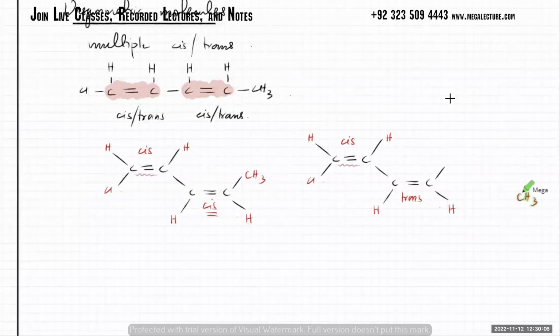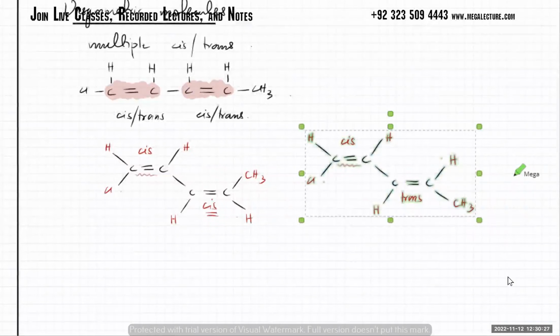In this molecule, the H is the one that's pointing upwards, and the CH3 is the one that's pointing down. Still the same connections, but the direction of the bonds is different. Is that clear? जी सर।